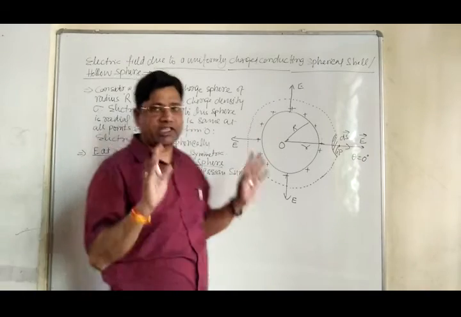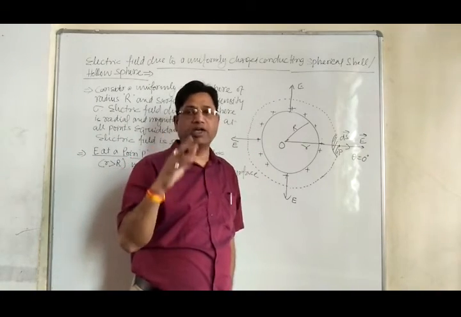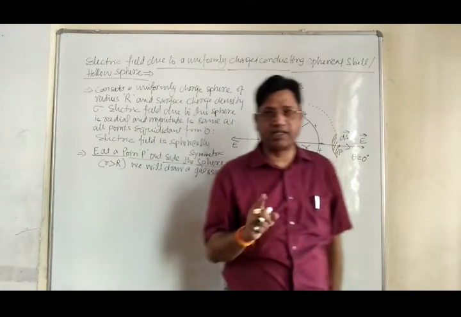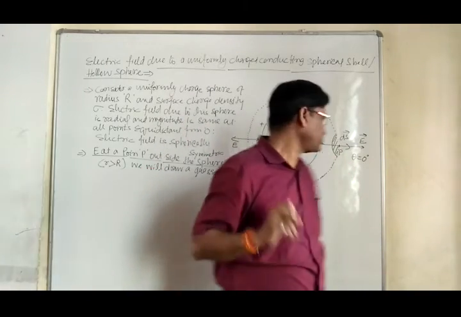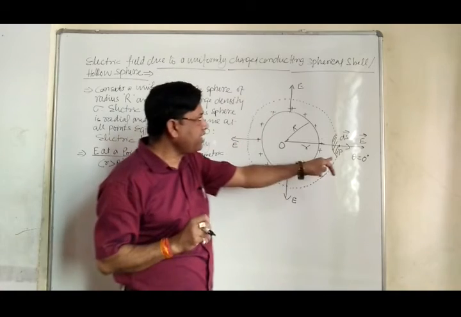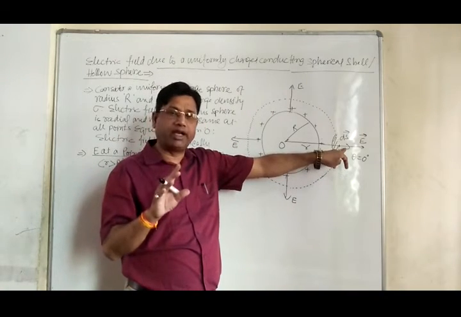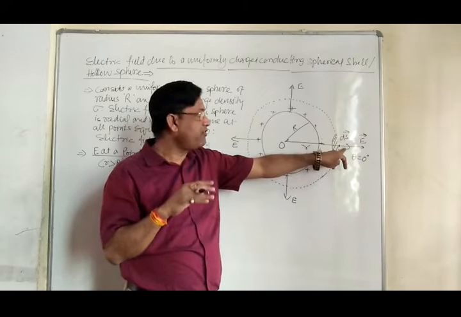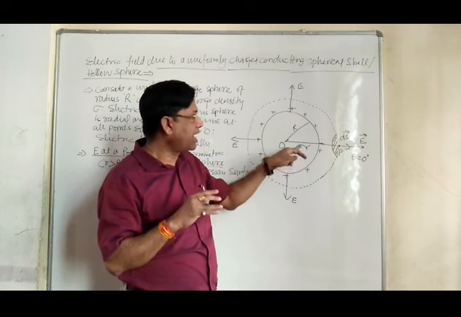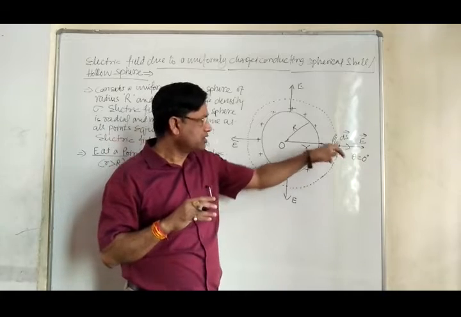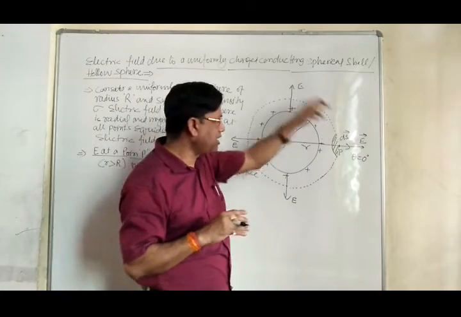The Gaussian surface should be such that the electric field is the same at every point. The E should be symmetric around the charge, and the surface should pass through the point where we have to find the electric field. Here we are going to find the electric field outside the sphere at a distance small r from this sphere. Then we will draw a Gaussian surface that will pass through the point.